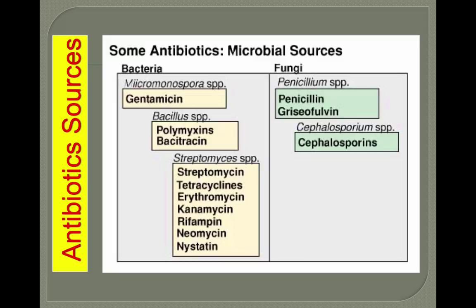Kanamycin was one of the antibiotics that we looked at in terms of resistance earlier in first semester. We watched those video clips of that lab that we couldn't do because it involved human pathogens. Do you remember that? About the kids were demonstrating how they did the lab. So,